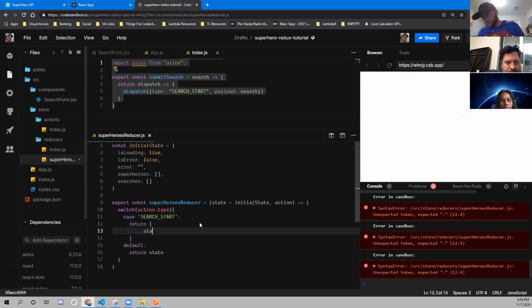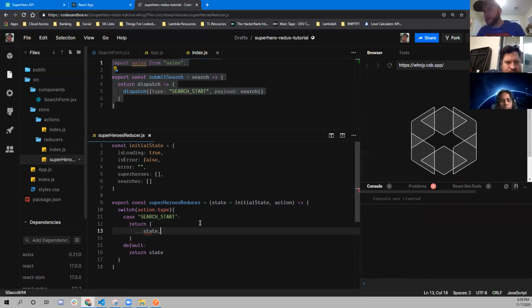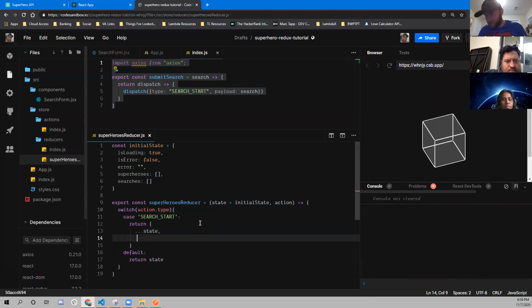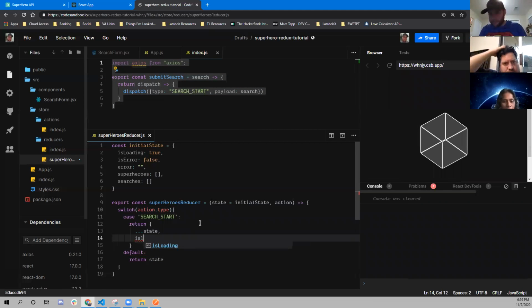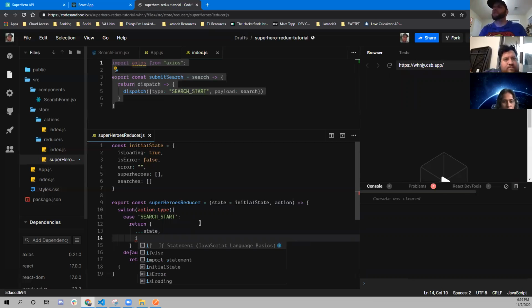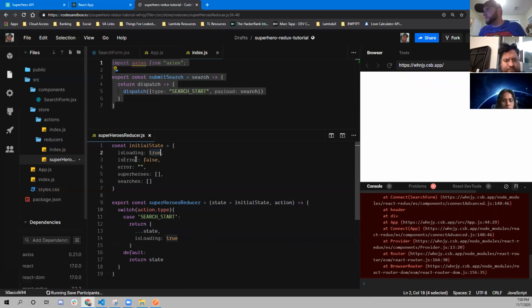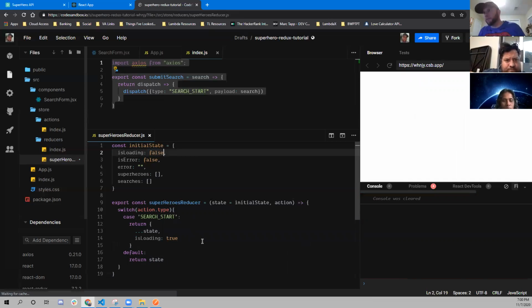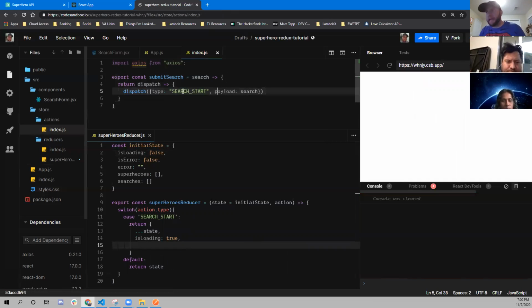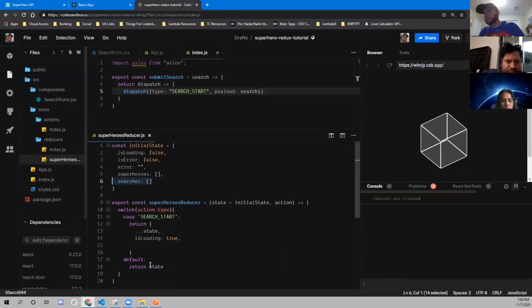So I need to spread open my state. And then my isLoading, I'm going to change to false, because it's no, or in this case, it's going to be true. isLoading is true because it's searching or it's trying to do something. So in the start, I'm going to make this true. And by default, this right here needs to be false. There we go. So I'm going to make this true. I'm going to add my search term or my payload. I'm going to add that to my history of searches, right? So my searches,